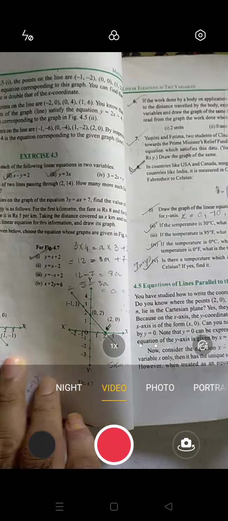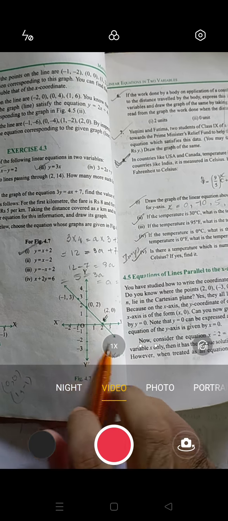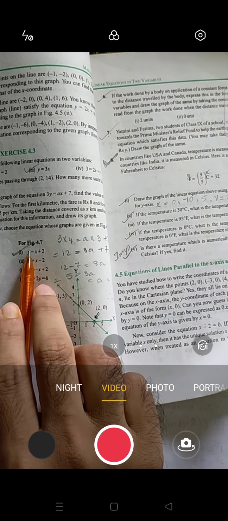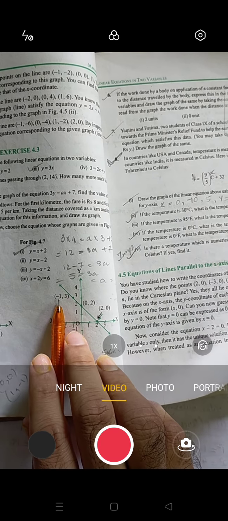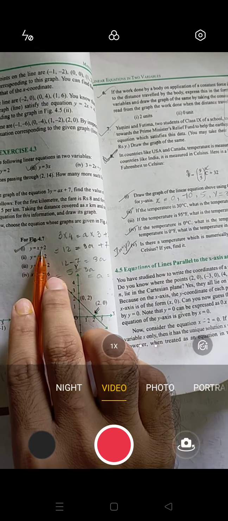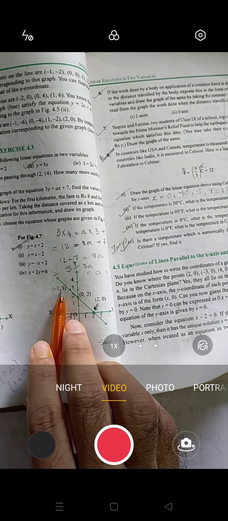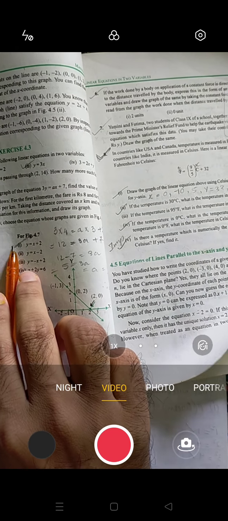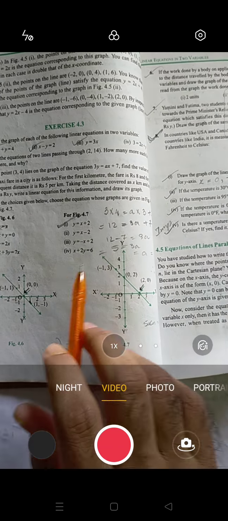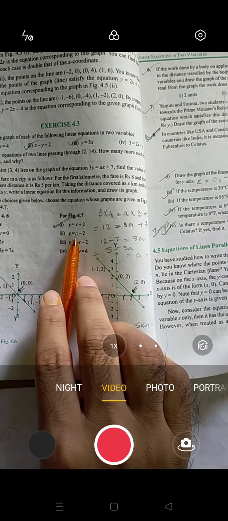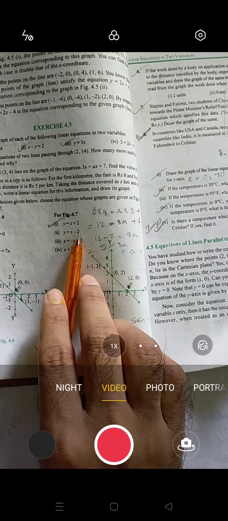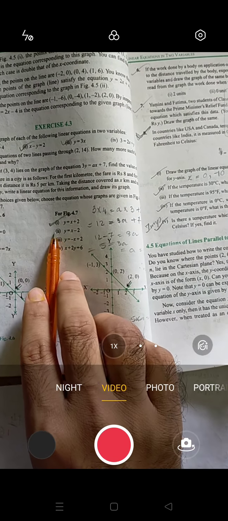Now for question number 5 also you can see which option will be correct. Let's check it. Here 4 equations are given. If I substitute x as -1, then -1 plus 2 will be 1. Why are you having 3 here? That means this equation is not correct. Clear? Now number 2, if I put x as -1, so -1 minus 2 will become -3, but here it is 3. So again 2 is also wrong.